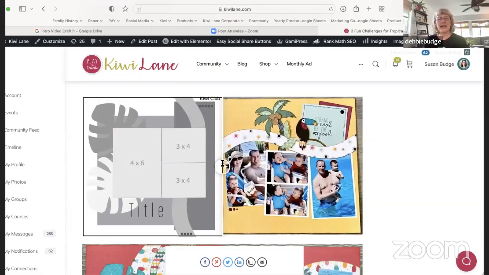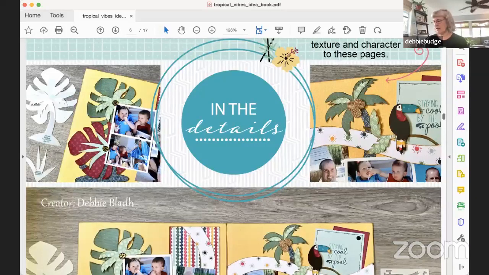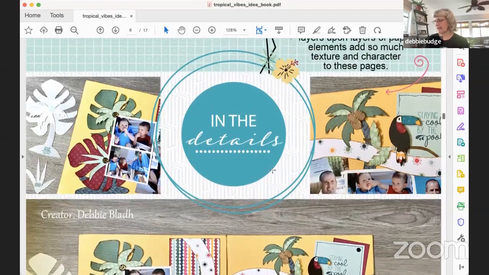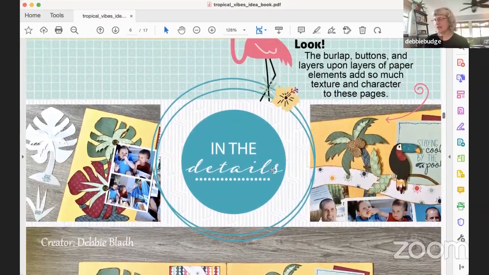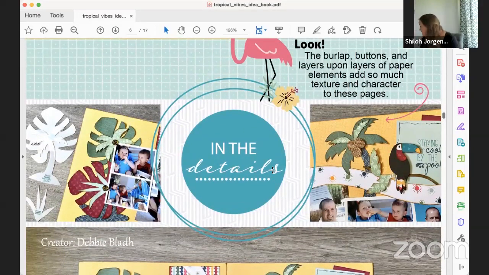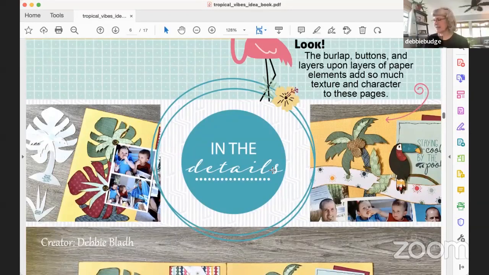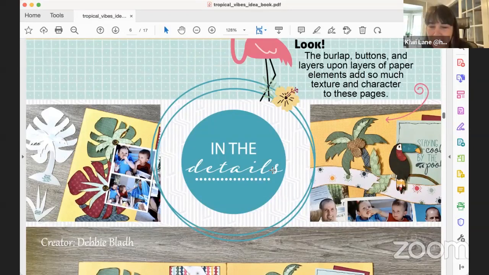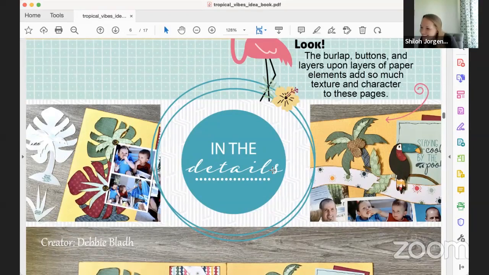And so I did have to do kind of a little more detail, and that's where that doodle sheet came in. With the doodle sheet, you were able to layer fun layers with the toucan there, and even cut a little piece off down on the tail feathers, which is fun. That's so cute. I think your bird turned out the best. It's better than mine. I mean, it's not a comparison, but the details on that are so cute. Well, and it was fun with all the doodle sheet stuff.